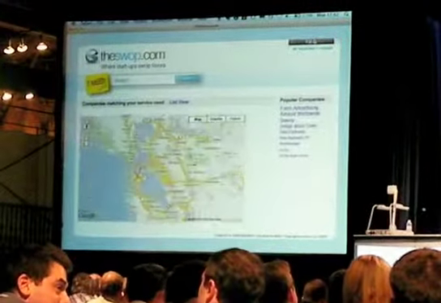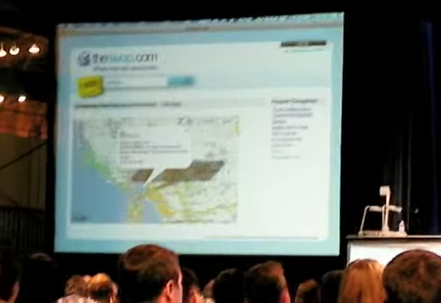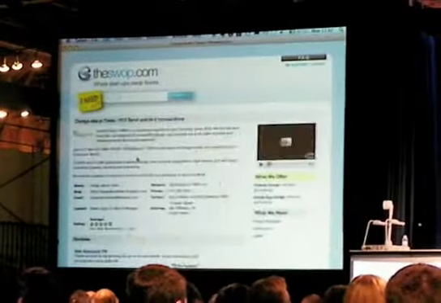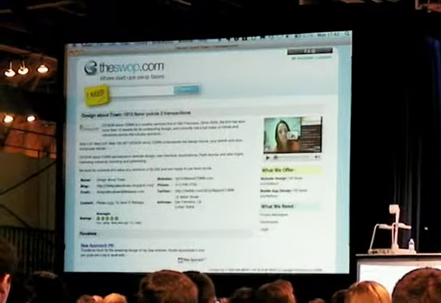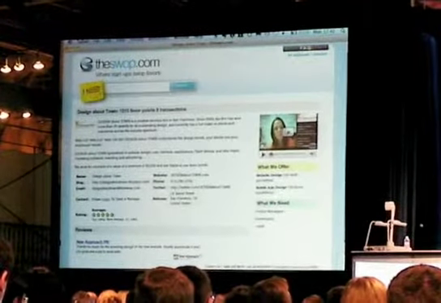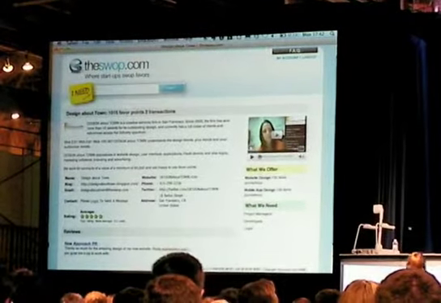Now, Paul is particularly interested in finding a supplier in North America, so he quickly switches over to the map view, and he discovers a company based over in San Francisco called Design About Town. So he clicks through to the company's homepage. Now, every company on the Swop has a homepage with standard information on it. You can get a bit of background on the company, you can see reviews of other people who have used that company, but in addition, you can watch a video.